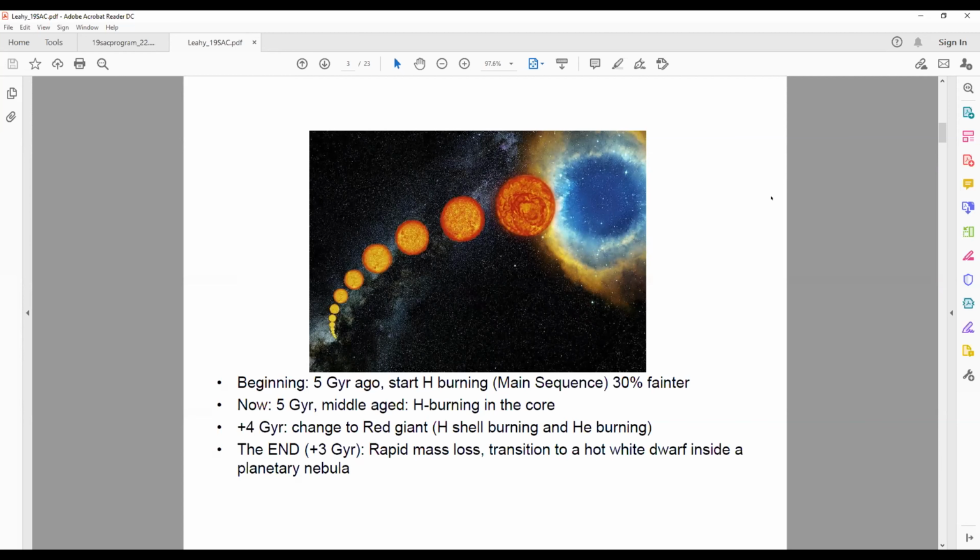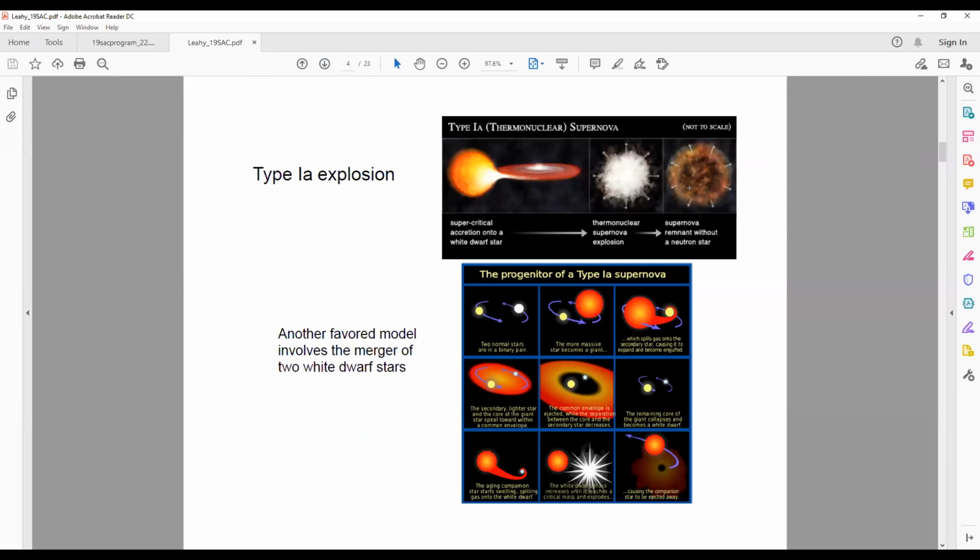But roughly 0.5 to almost two solar, well, several solar masses go through the well-known stages of main sequence, red giant, and then end up as a white dwarf. And the timescales depend strongly on the mass. But if you get above about 8 solar masses,